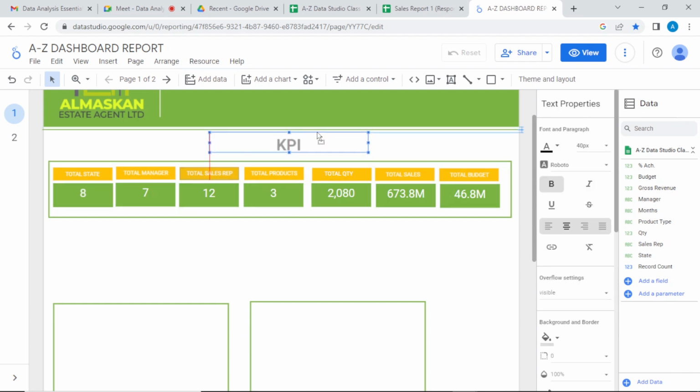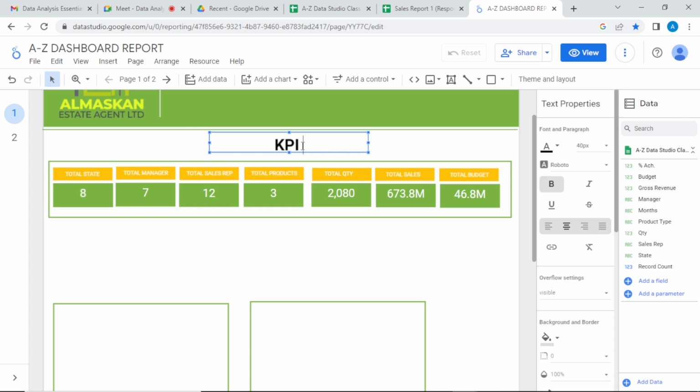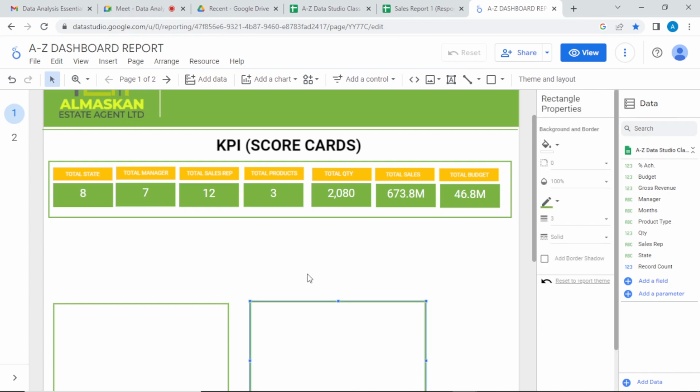And this to the middle. So this one will be at the middle. We have KPI. So this is our scorecard. So we have this as our scorecard. So let's go back to